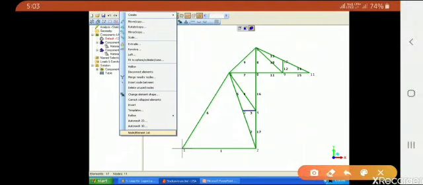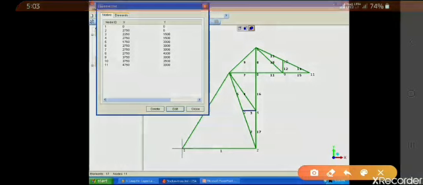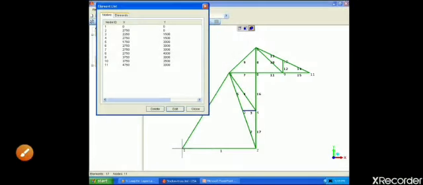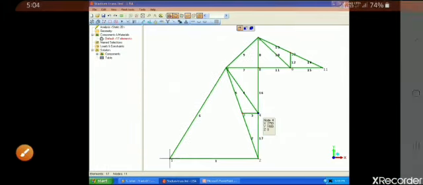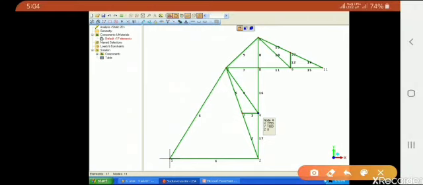Here we can see that the node and element list can be displayed if we press a particular application, that is the mesh application.